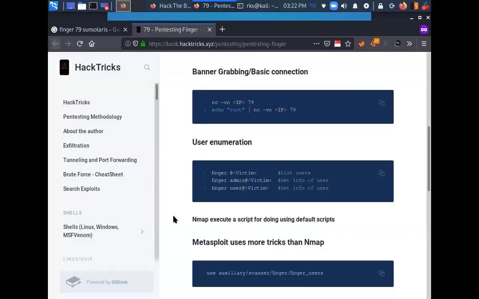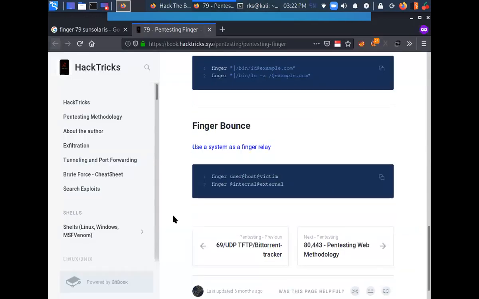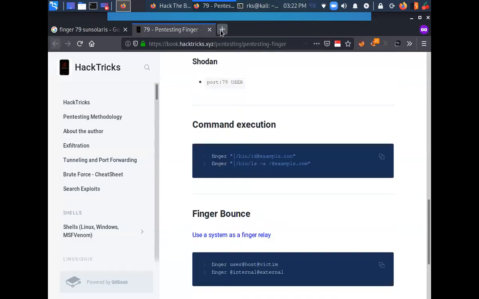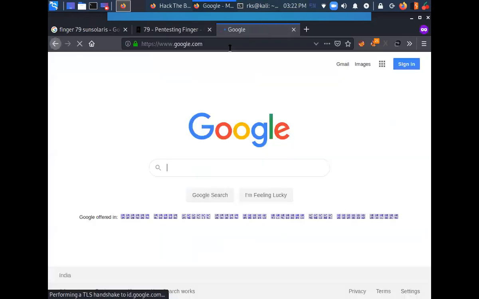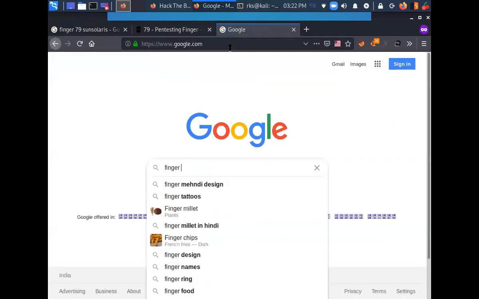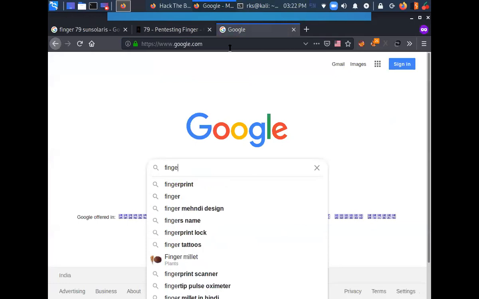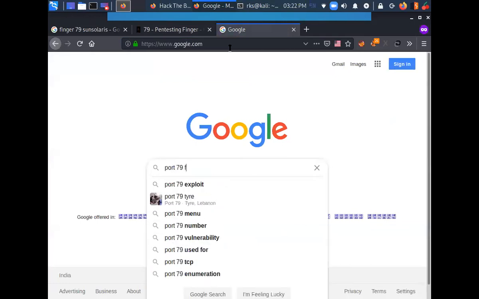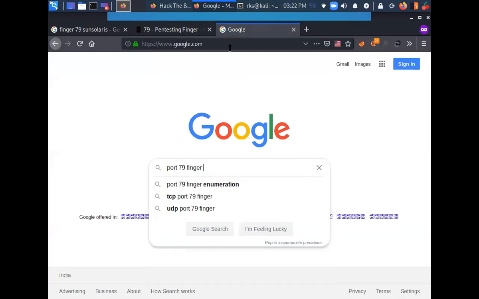So let's go here. Let's do finger, port 79 finger enumeration.